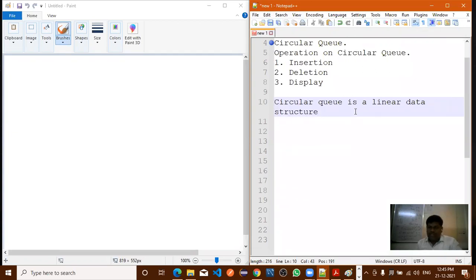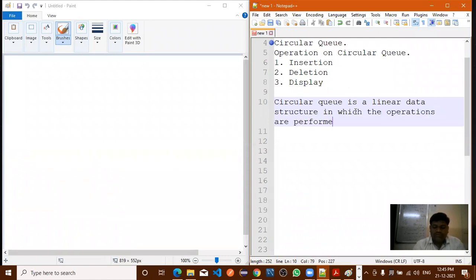A circular queue is a linear data structure in which the operations are performed based on first in, first out. What is meant by first in, first out?